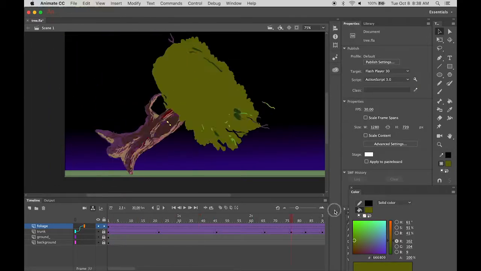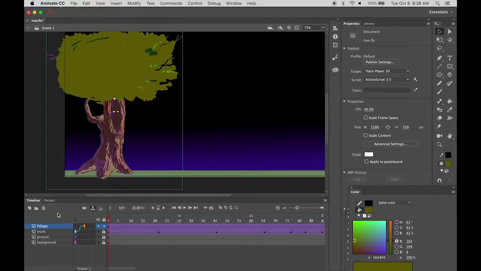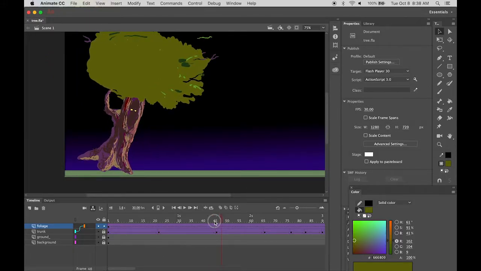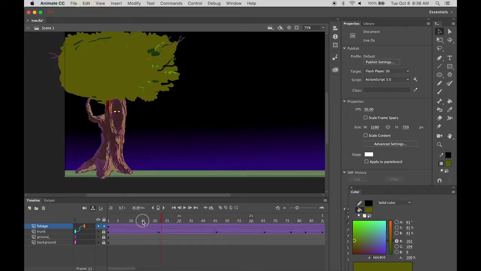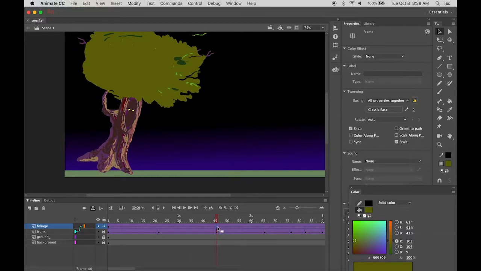Now if I parent it, it's a child of this parent, and now it's moving with. Oh, and there's this little extraneous bit. I'm not going to worry about that now. But now I have all my pins. What I'm going to do is make it start to be affected by the tree movement, say here, over to keyframe,